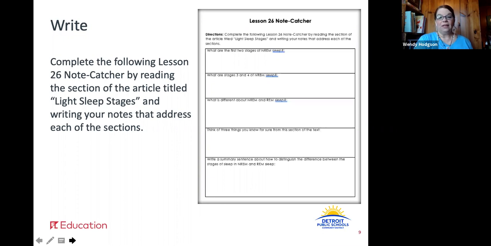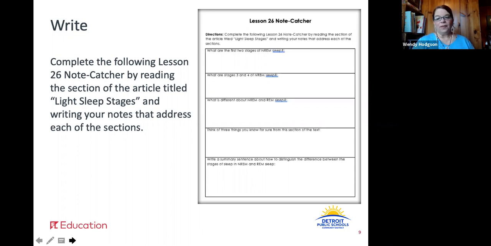And then they tell you what stages 3 and 4 of NREM sleep are. What is the difference? That's your third section in the text today. It's the difference between NREM and REM sleep. They're very specific. Find that evidence.